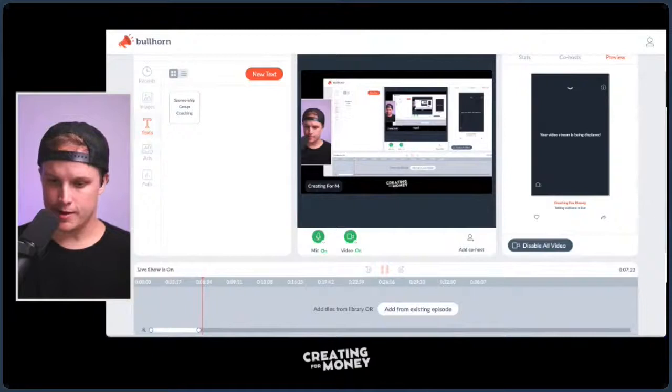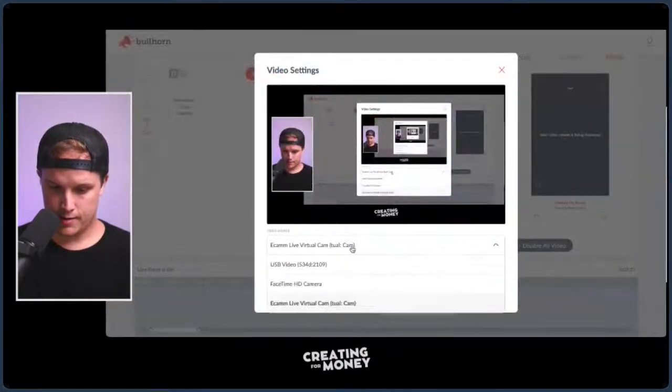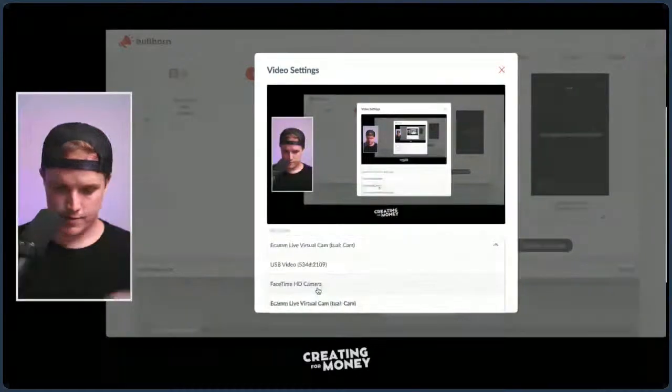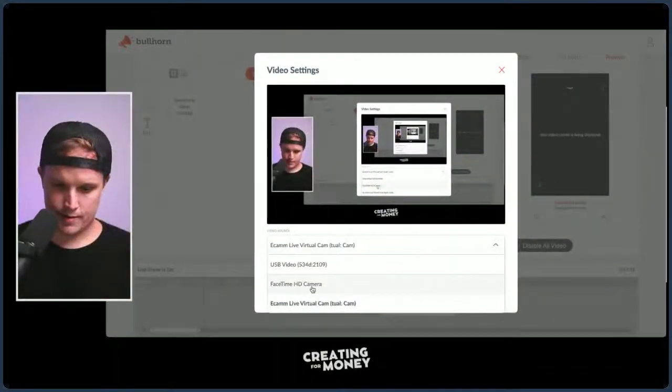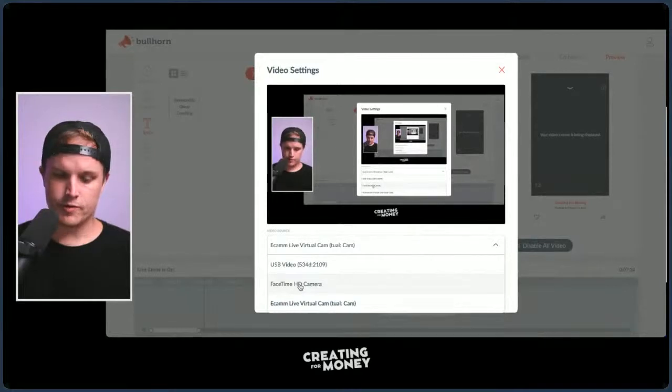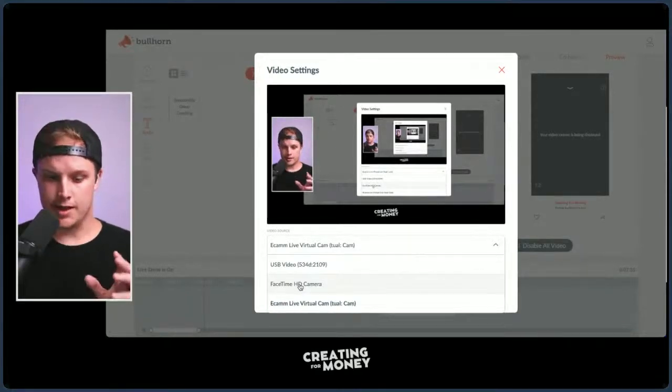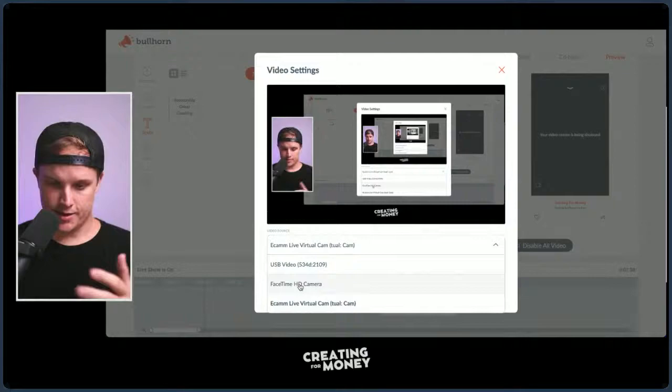I'd be curious. Let me try this. Let me switch it. It's weird. It shows the overlays fine. Like when you put the link up there, I was able to click the link, no issue. But it's just the camera part it's not showing me. So let me do this. Let me switch to my HD camera that's just on my computer.